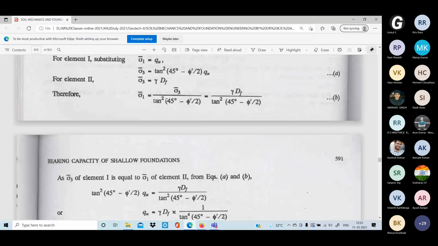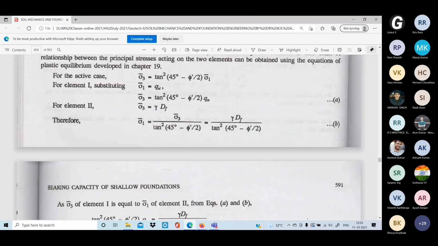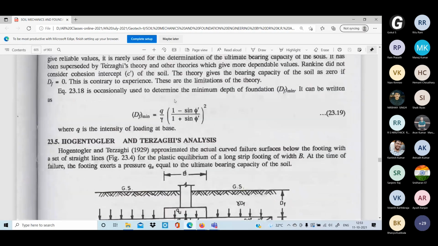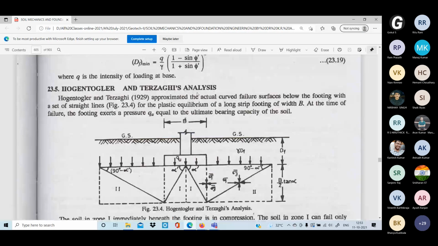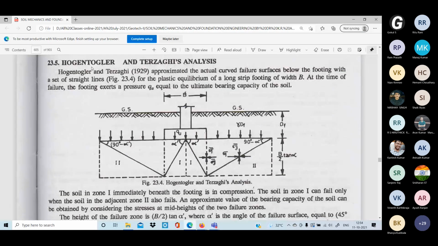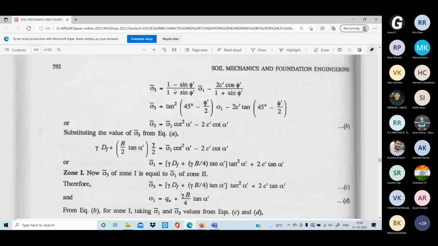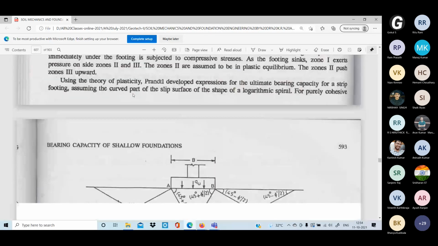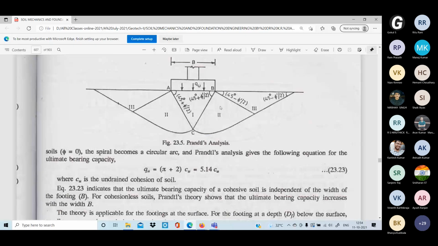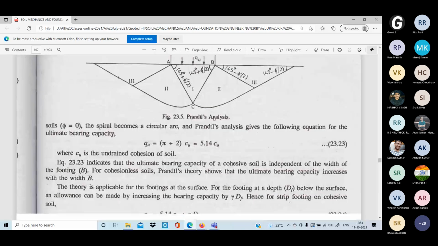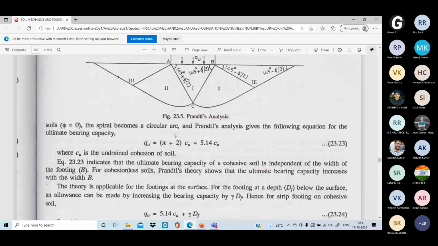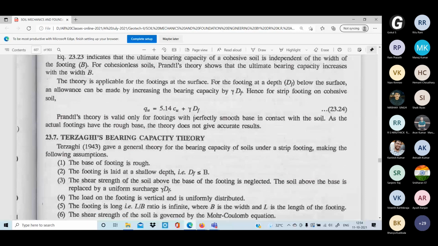Okay. So this tan square 45, you are aware of all these things. So whatever the measure is there, that is considered as the ultimate bearing capacity. And finally this equation is very important. Terzaghi's analysis is not there in the syllabus here, okay. So we started with Prandtl, and from Prandtl we have seen Terzaghi's, where the footing acts with 3 zones and so on, the ultimate bearing capacity for a cohesive soil. We have seen the limitation of this one.